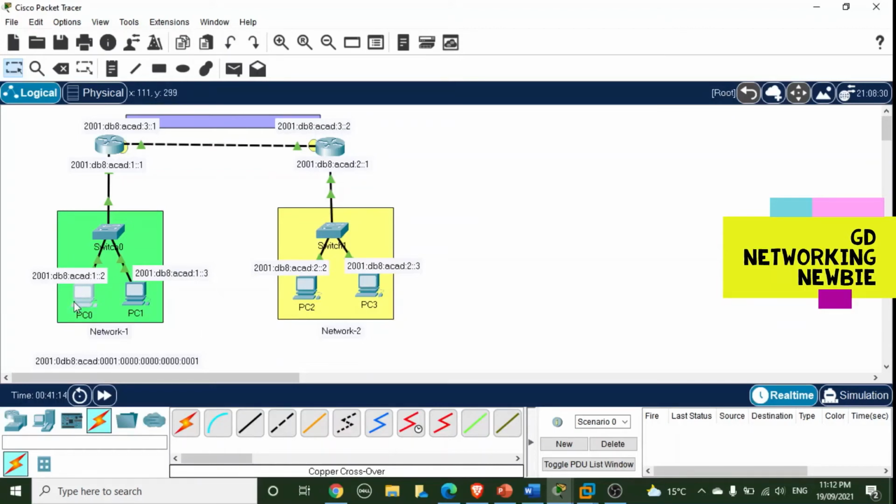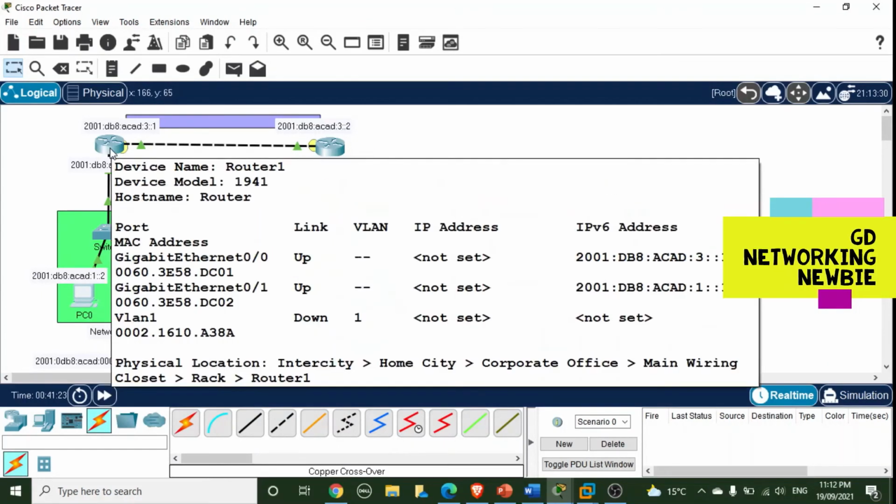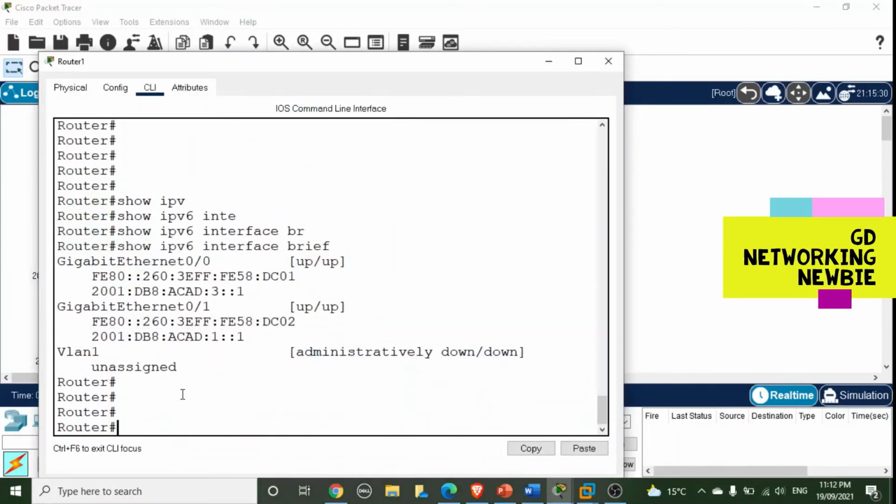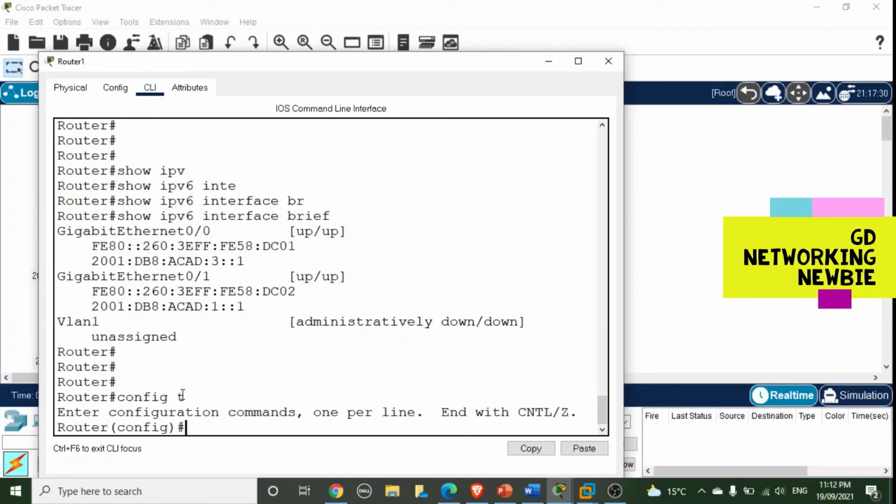Now we saw that PC0 is not able to reach PC2, and for that we have to configure the static route on these routers. To configure a static route, I'm going to click on this router and go to global configuration mode. Using the configure terminal command, we are in global configuration mode. And here we have a command, that is ipv6 route,